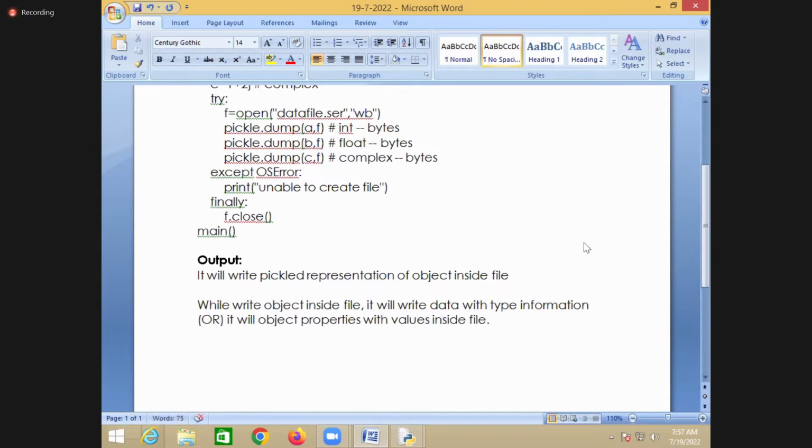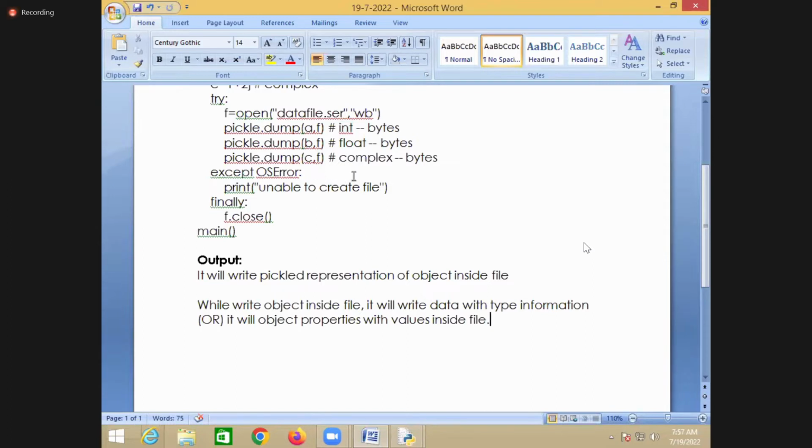File. So it will try to write the complete object graph. It will not only write the data by converting into bytes, it will write even the type information also. So suppose when you say dump A, it will convert this complete object into bytes along with the data as well as the type.